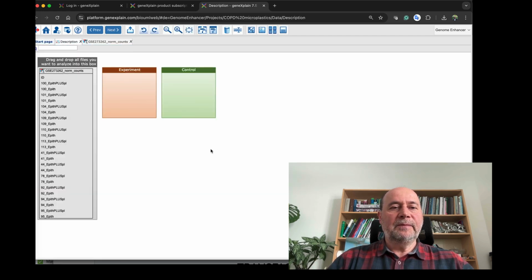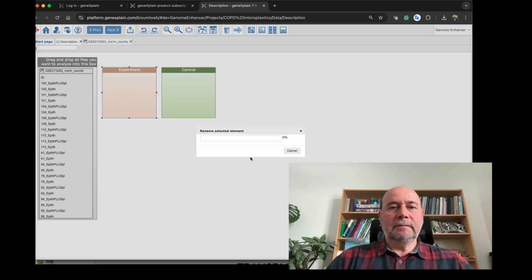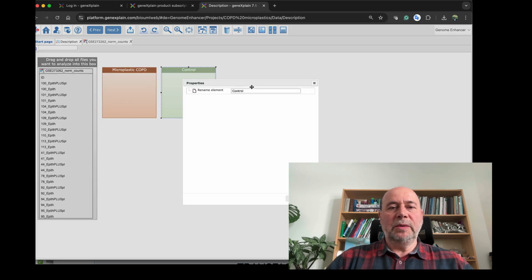Then we click next, and here we have 2 boxes for experiment condition and control. Experiment in this case is microplastic stimulation, and we'll select COPD samples. And control will be just COPD before stimulation.